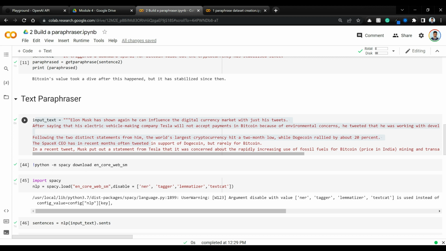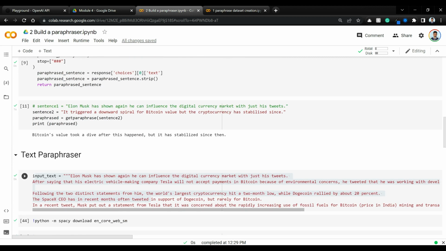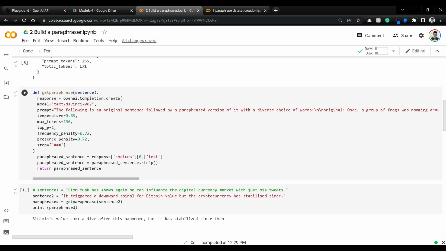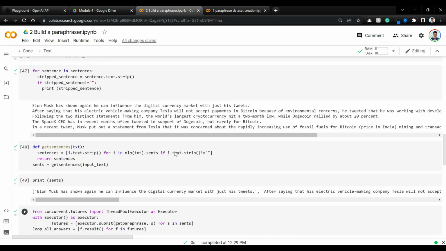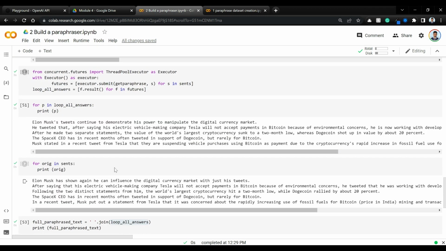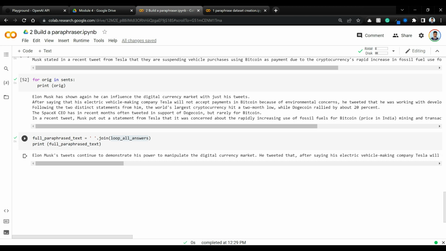So we have built a paraphraser just by using GPT-3 prompts. And if you want to really save on costs, all you need to do is replace text-davinci-002 with text-curie-001 or whatever the lower-end model is, and that's it. Probably the quality of paraphrases might change a little bit, but at the end of the day it's a good trade-off if you want to save on cost.